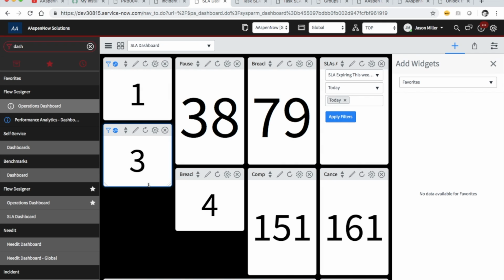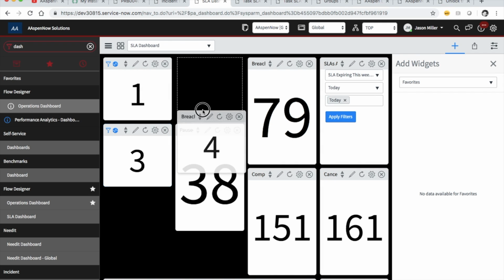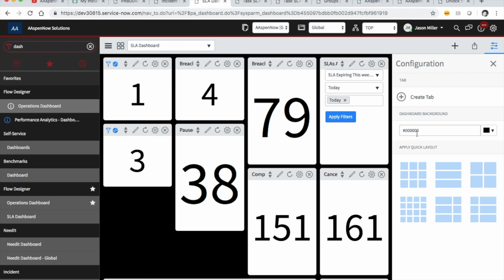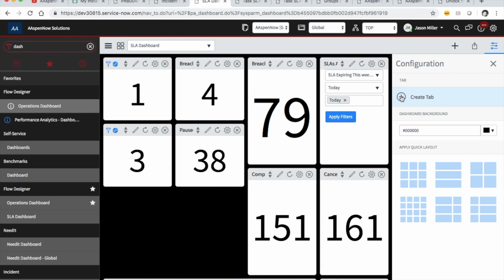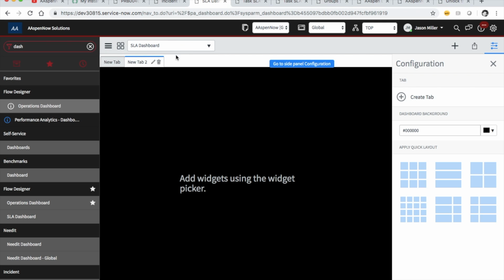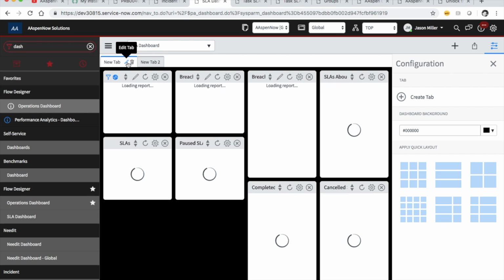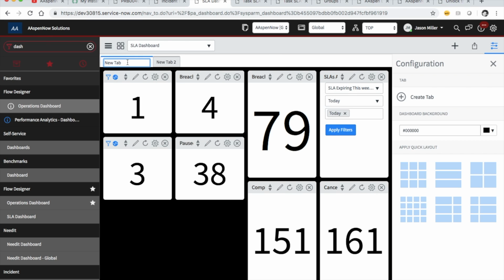But like I said, if you really want to get that head start, use this function right here, supply quick layout. And then also, if we want to create a second tab, right? Let's say we don't want all this stuff on the first tab. One thing I'm going to do is click create tab. All right, so now we have a second tab here. And now maybe the first tab I'm going to name, and click this little pencil,